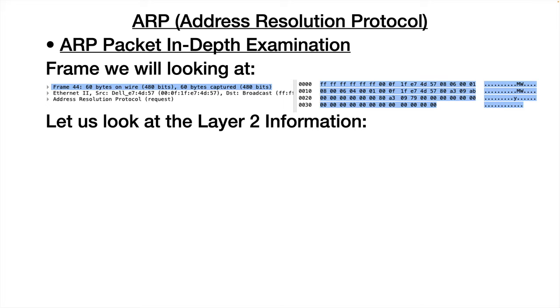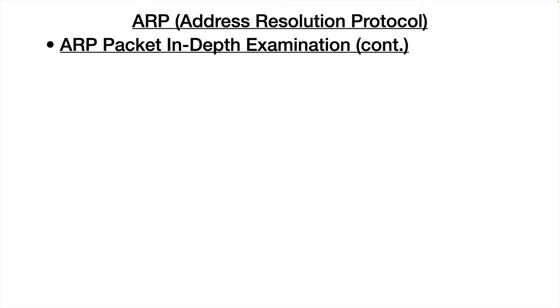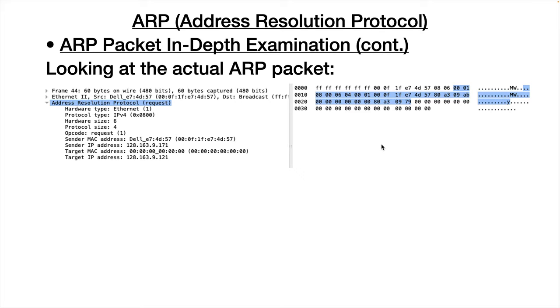Just real quick, we'll look at the layer 2 information. We have a destination MAC, a sending MAC, and the type of enclosed packet. Notice that the type of enclosed packet, we've been seeing 800, which is IP, up to now. This is 806, which corresponds to an ARP packet. So if we look a little further and actually look at the ARP packet,